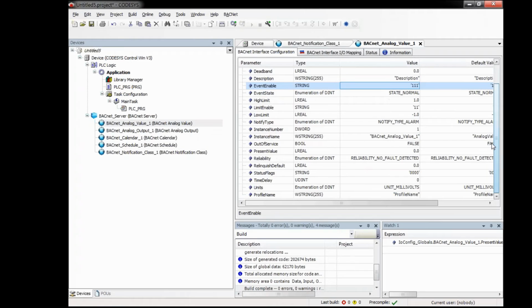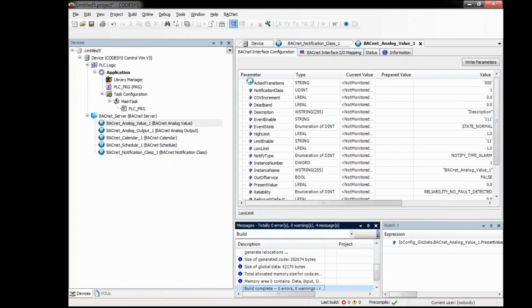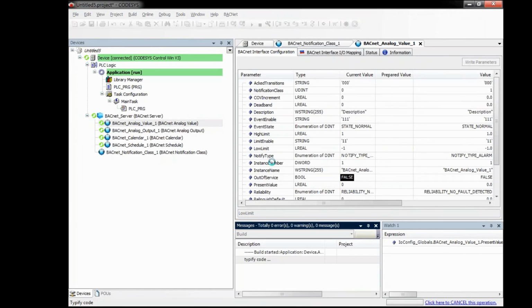When we now see how alarming works, of course we have to look at the limits which are defined in any BACnet object. So for instance, in the analog value, we have here a high limit with a value of 1 and a low limit with a value of -1. So let's start the server again.